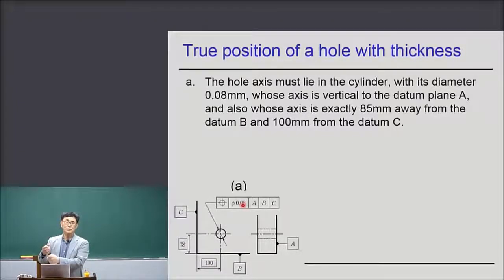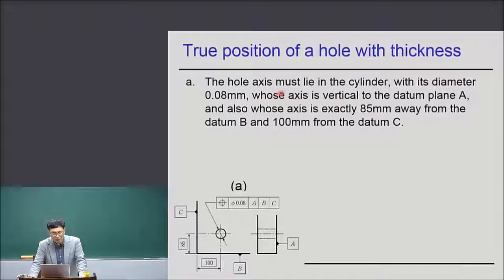Now in this case, the tolerance zone is a small cylinder whose diameter is 0.08 millimeter, right? Now the true hole axis of the hole is here. The true hole axis must lie in the cylinder with its diameter 0.08 millimeter,